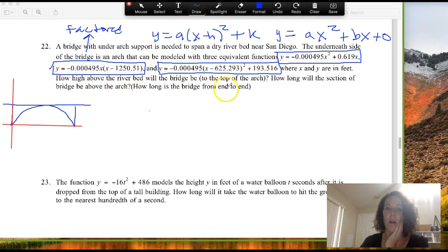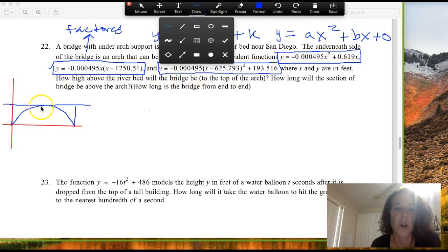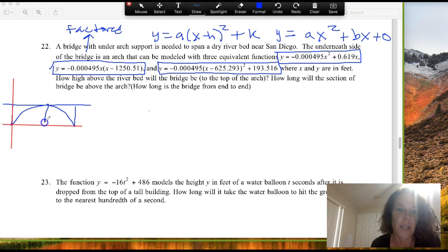So basically they're asking this. How high above the riverbed will the bridge be? So I want to know the max height. That's all it's asking. What's the max height? How do I find the max height? Well, I look at the vertex. The x value of the vertex tells me how far I go over. The y value gives me my max height. I'm in vertex form right here. So my vertex is